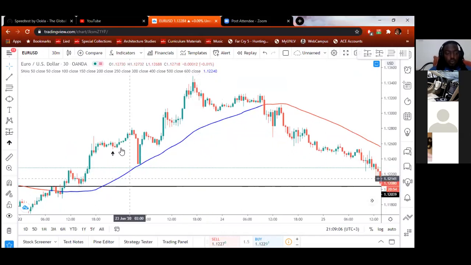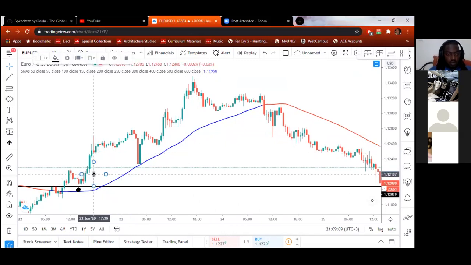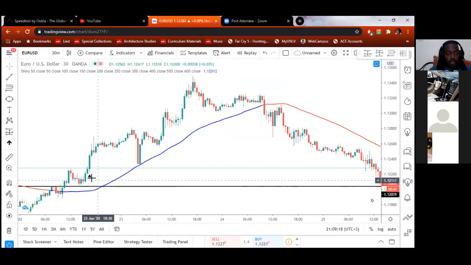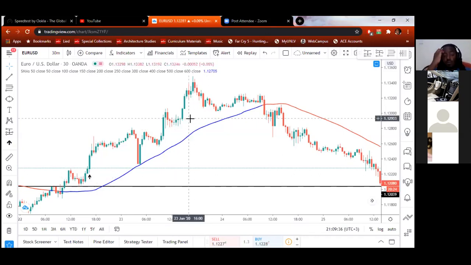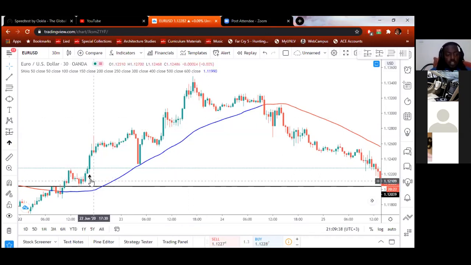So what you do, let's assume you entered this trade somewhere here. All of this is in hindsight, but it's just for the purposes of training. Let's assume you entered a buy here, and this was your stop loss. You caught this move early. Another thing about trailing stop loss, you need to be able to get into a move early. You can't be entering up here, at the end of the move. That's another story. But you get in here for a buy, this is your first stop loss. So price moves all the way